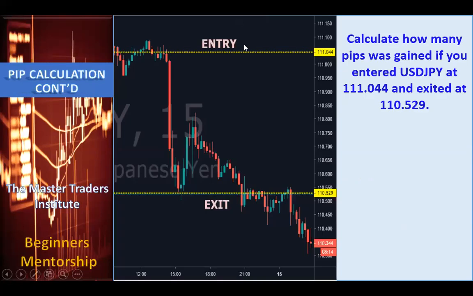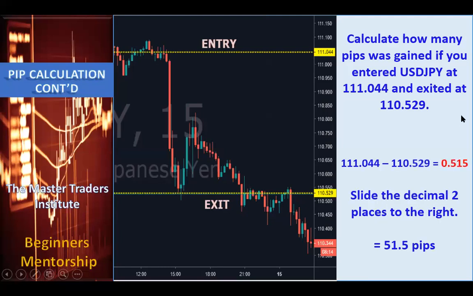So this is a live example from the currency pair USD/JPY. You find out that it is exactly what I told you. There are 3 numbers before the decimal place. So we have 110.190. So this trade was entered at 111.044 and exited at 110.529. So what is the pip here? If you calculate that, you'll find out that if you deduct the exit from the entry, you get 0.515. So if you slide this decimal pips,